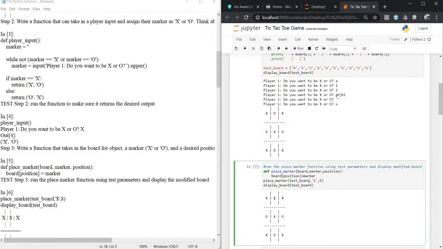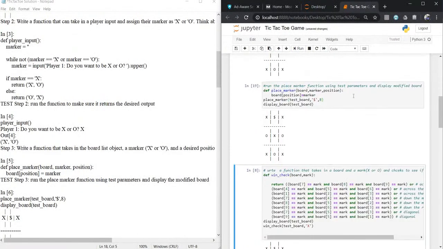Now if we want to check whether it is taking a position, let's suppose I have placed my marker as $, and the position I have chosen is 8. On 7, 8, this is the 8th position. On the 8th position it will assign a $ symbol. Let's run this. It will assign a $ symbol.